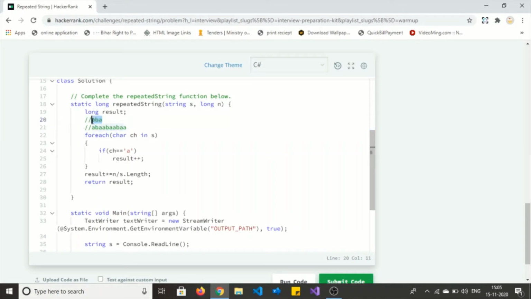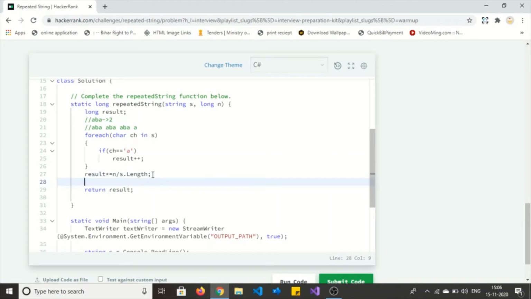The given string is aba, in which the frequency of a is 2, and we need to repeat the same string 3 times and add one more character a. So if the frequency here is 2, then each new copy of the string will also have frequency 2. So what I'm updating here is the number of times we need to concatenate the original string.